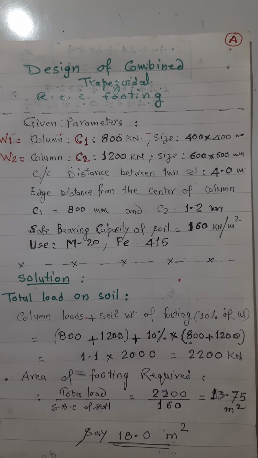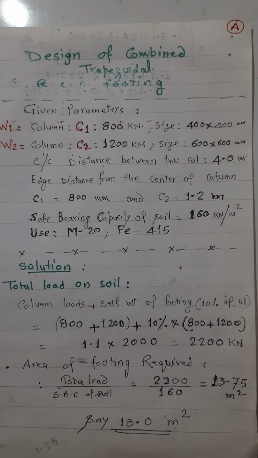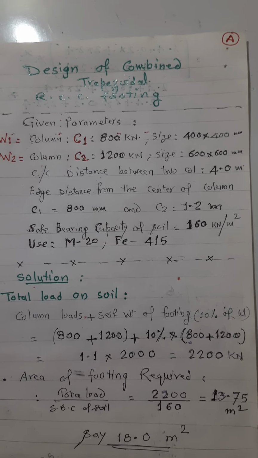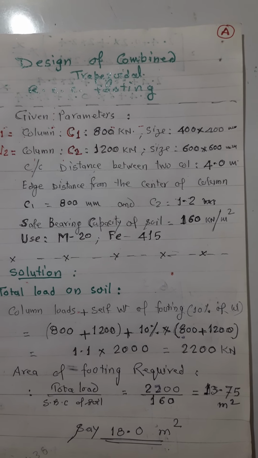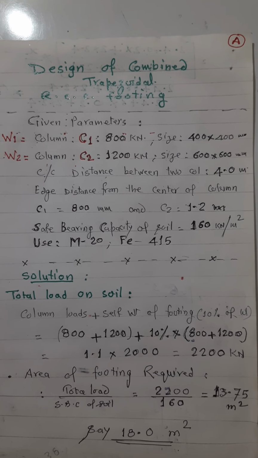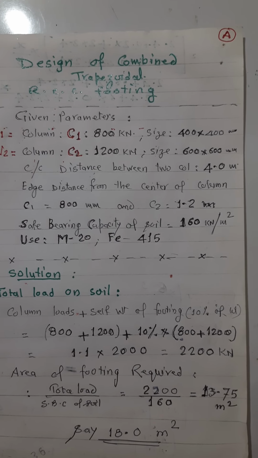800 kilonewton and 1200 kilonewton respectively. These are all working loads. I am not talking about the design load as such. The center to center distance between the two columns is already given as 4 meters, and the